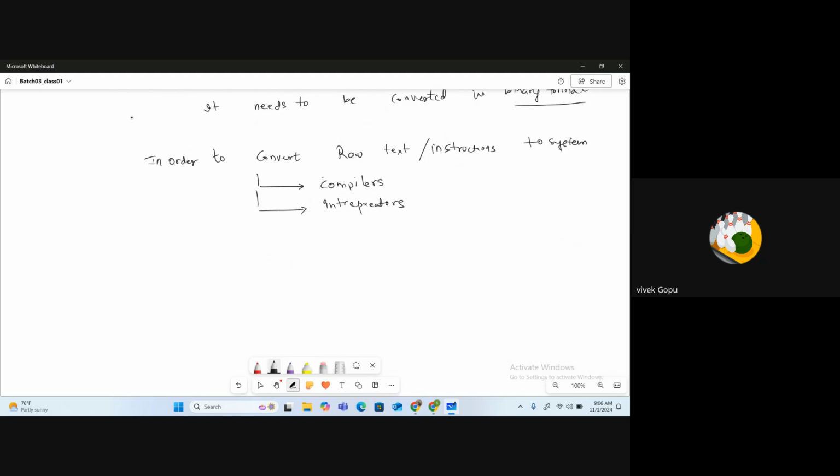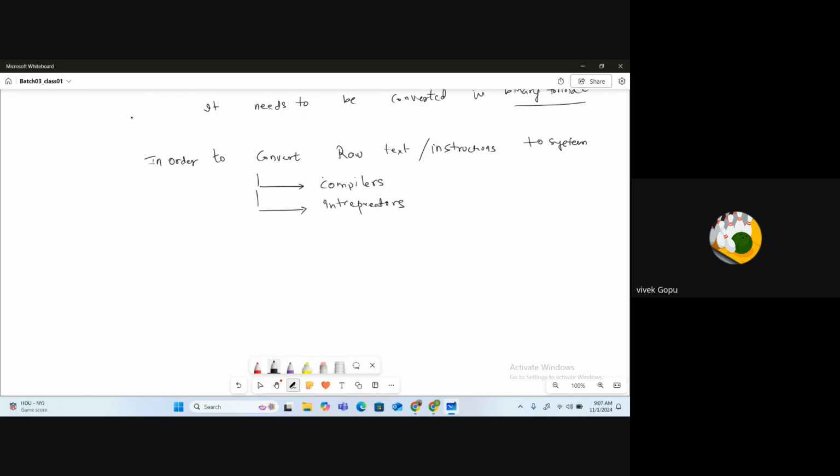Sir, first of all, interpreter reads line by line. It will give us the direct result from our code to direct output. Compilers convert our code into machine language, machine code.